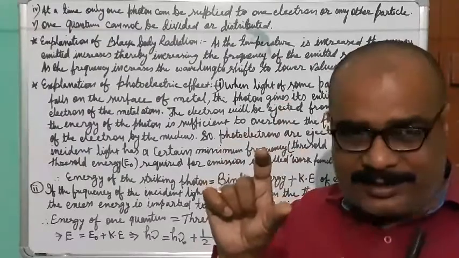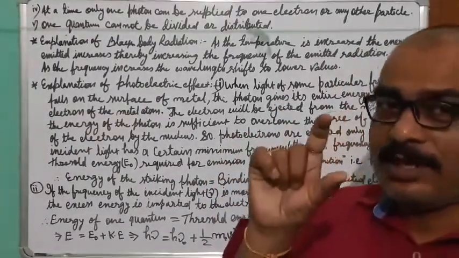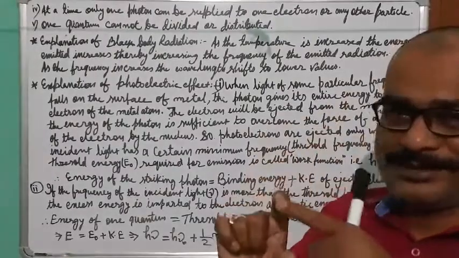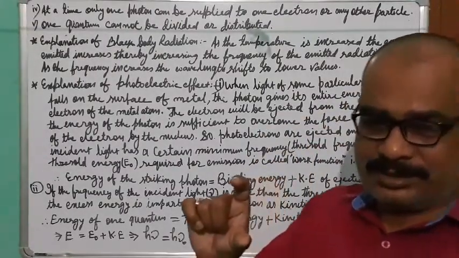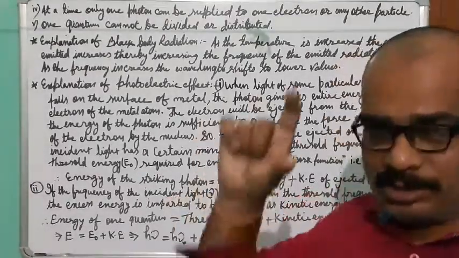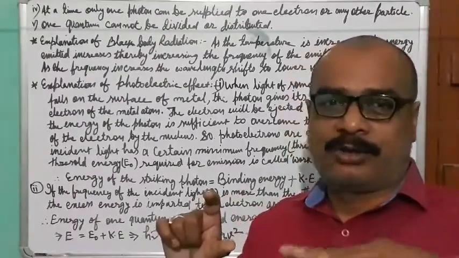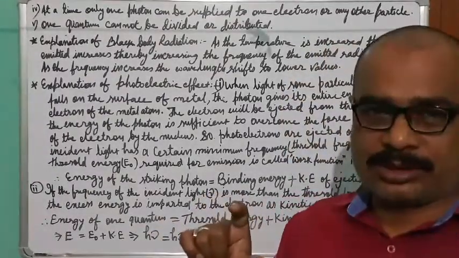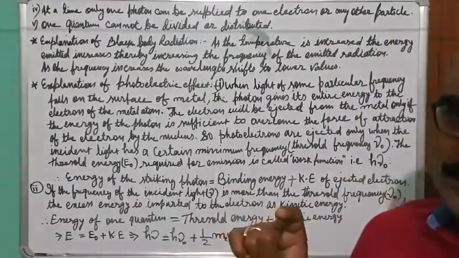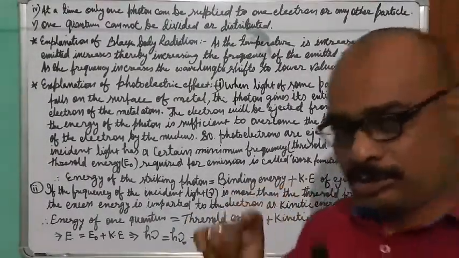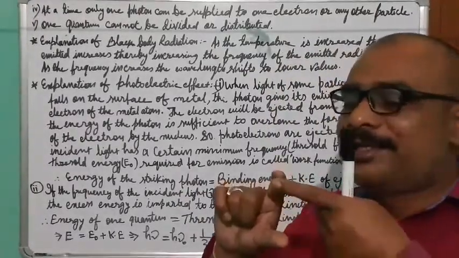This binding energy is also known as threshold energy because this is the minimum. Threshold means minimum. A parameter is set, and that minimum thing we require is called the threshold. That means this is the minimum level at which we can tolerate certain things. That is my threshold. Beyond that we won't be able to tolerate certain things. So that is called threshold. This is the minimum amount of energy required to eject the electron.